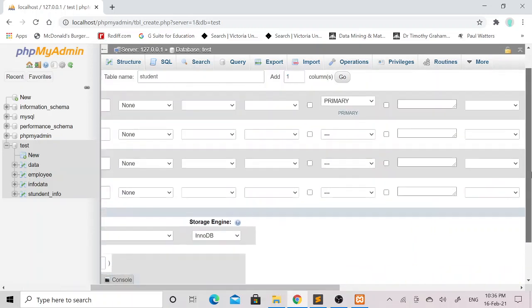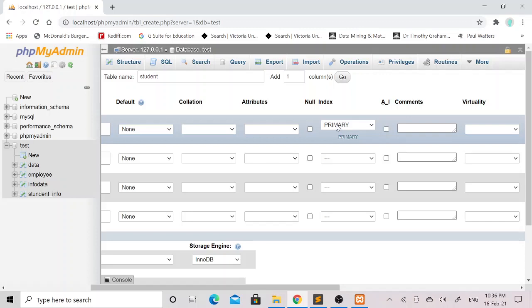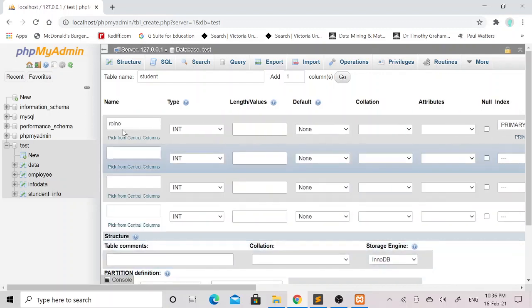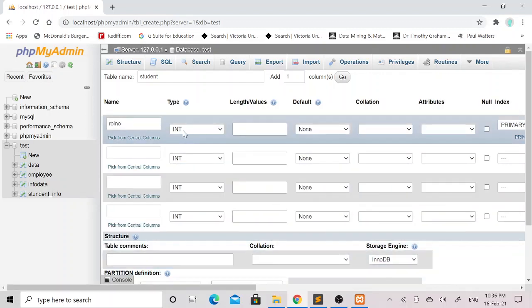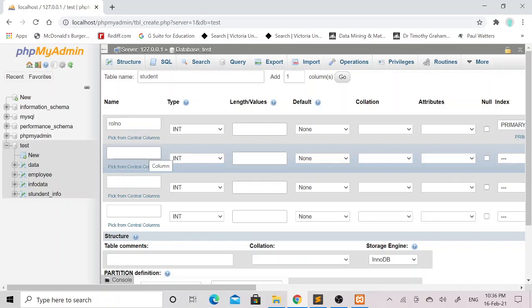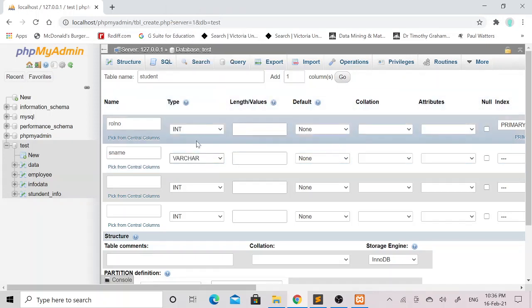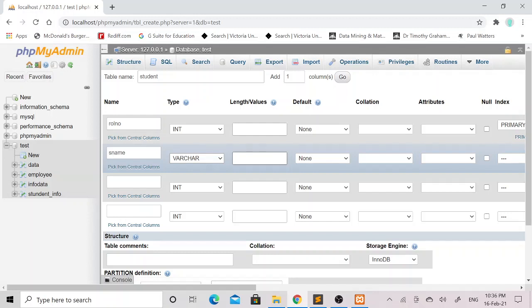Here I have set the primary key to this roll number column, then the data type is integer. In the next column I will mention SNAME, that is student name, and this time I will add the varchar data type, and here I will set the value, that is 20.